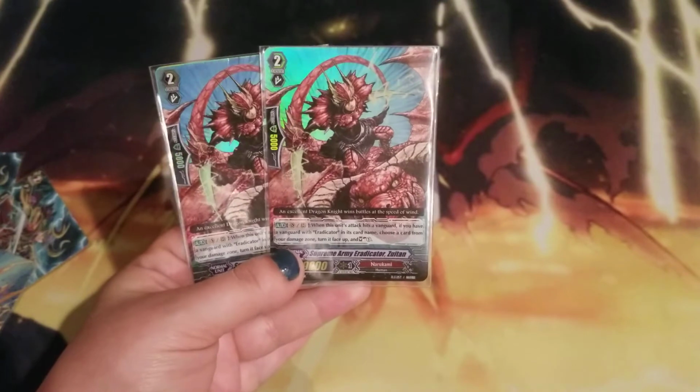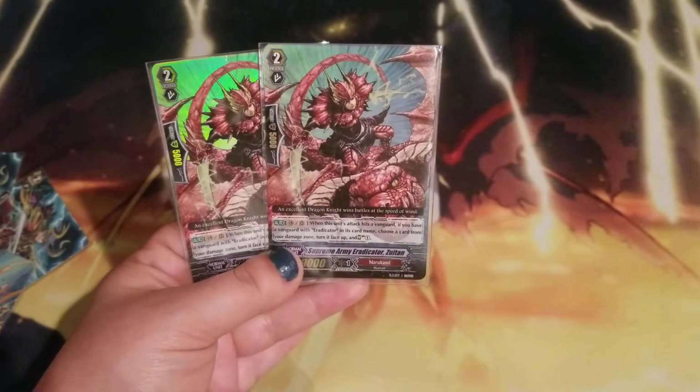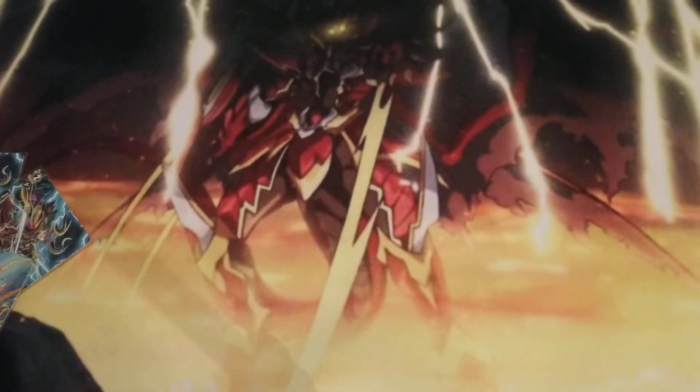Also, it's auto Vanguard Rearguard. When he hits a Vanguard, if I have a Vanguard with Eradicator in its card name, I choose a card and countercharge and soul charge. Great for refunding resources. So you do the Lynchu combo where you attack, you use Lynchu's skill, if you have Zuiton on